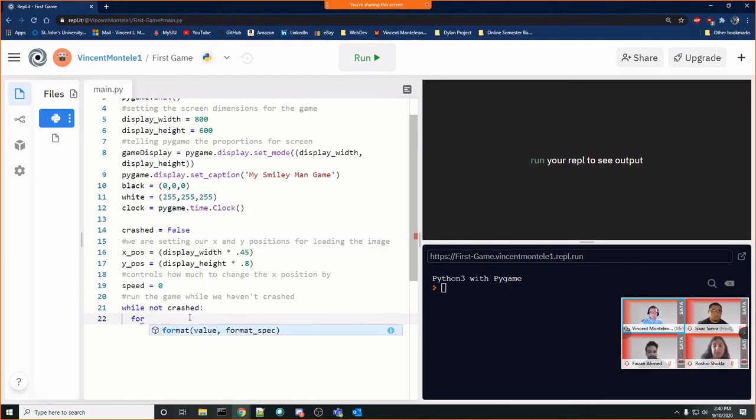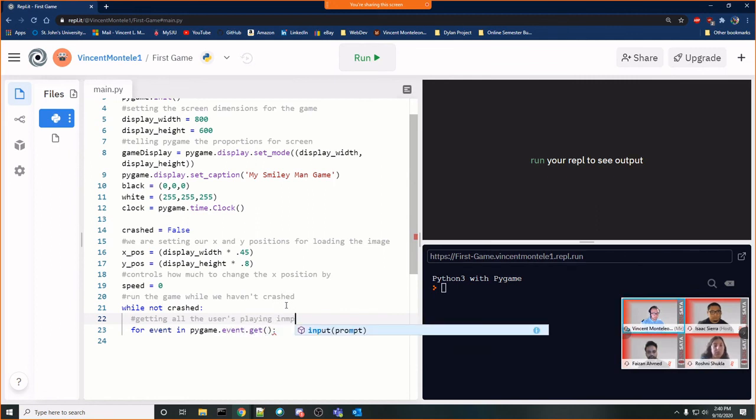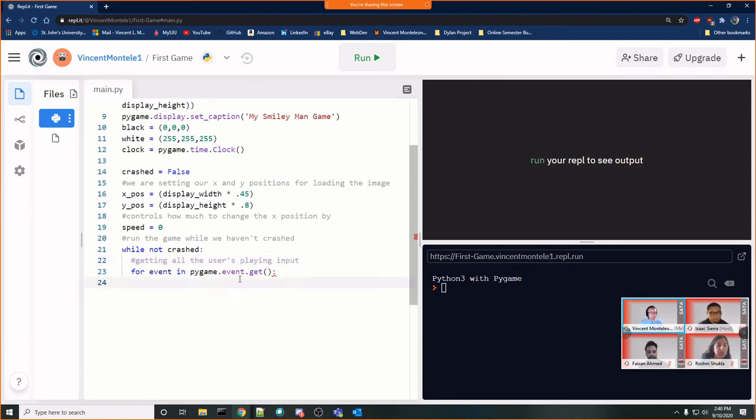So what I'll say is, for event in pygame.event.get, getting all the user's playing input. That's what we're doing with this simple line, getting all the user's playing input.